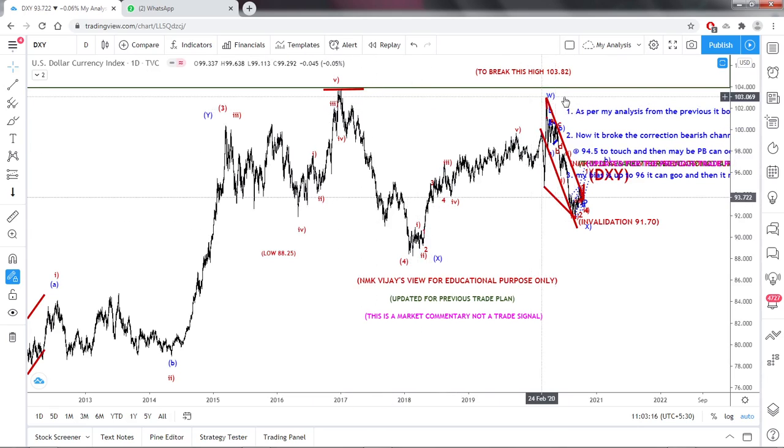Only the flat correction can go above, near to the 90%. So if it is a zigzag in the higher degrees, I am not talking about the 15 minutes. In 15 minutes it will be like that only, because a lot of times if it is a 5 wave, the 3-wave can move up to that 80 or 90 retracement, and then again it falls, then that will be a B is equal to CD pattern.